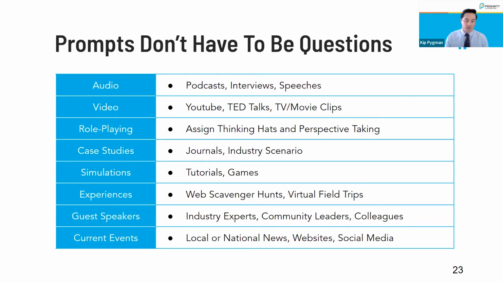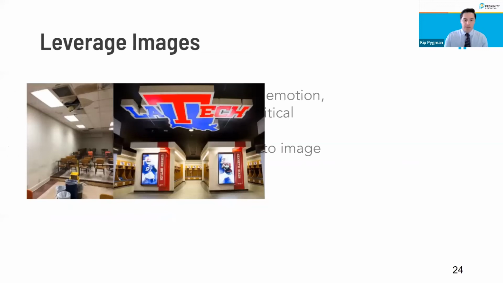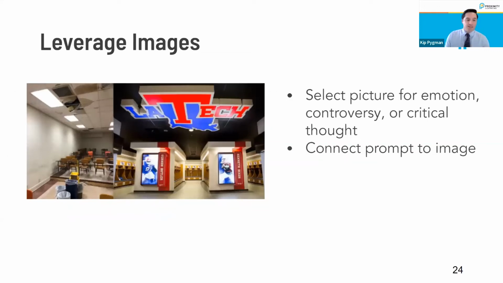And certainly right now, there's no shortage of examples, no matter what you teach, of how to leverage current events in a way to raise awareness and to build that community in classrooms. Something else that also gets overlooked are images. Just putting an image in a class and connecting it with a call to action. Wow, you can generate emotion, controversy, and critical thought just by picking the right image. An example here, this one was just trending on Twitter. I didn't fact check this, by the way, so don't take me as the be all end all on this topic. I'm not 100% sure this is true, but this picture was trending on Twitter,